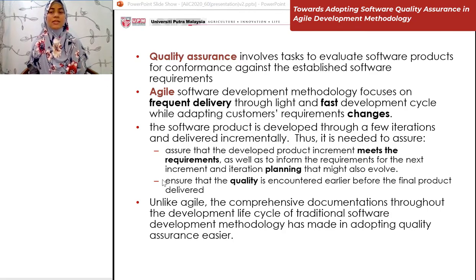Thus, it is needed to assure that the developed product increment meets the requirements, as well as to inform the requirements for the next increment and iteration planning that might also evolve. It's also to ensure that quality issues are encountered earlier before the final product is delivered. Unlike Agile, the comprehensive documentation throughout the development lifecycle of traditional software development methodology has made adopting quality assurance